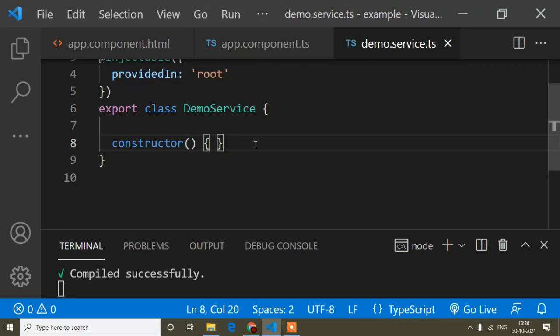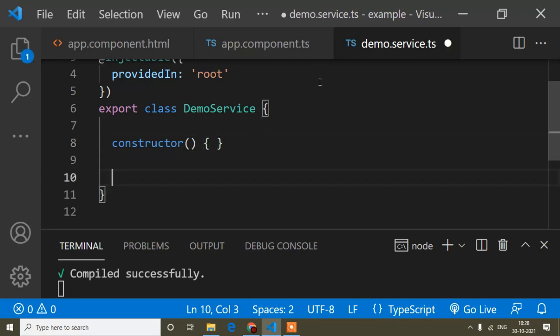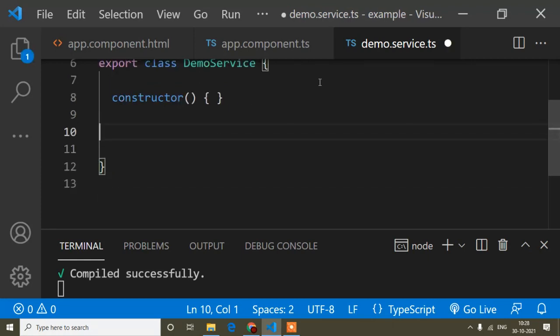Okay, so now, guys, first of all, a viewer asked me to make a method. So I will show the method, and I will try to access this method from any component, so then it will be more clear to you. Okay, so this is the service I already opened, and here I have opened the app.component.html and app.component.ts file.